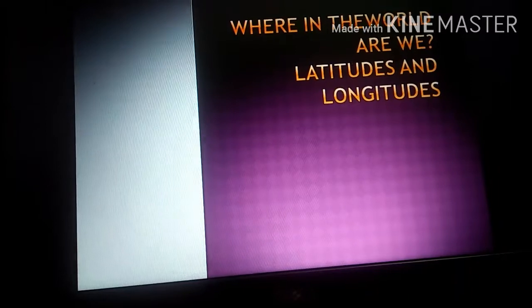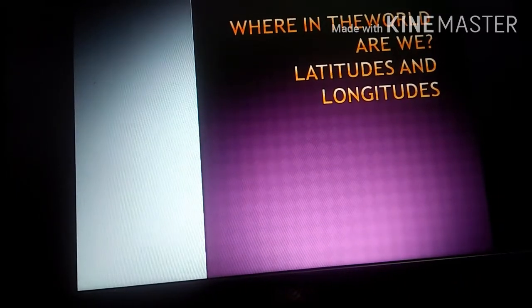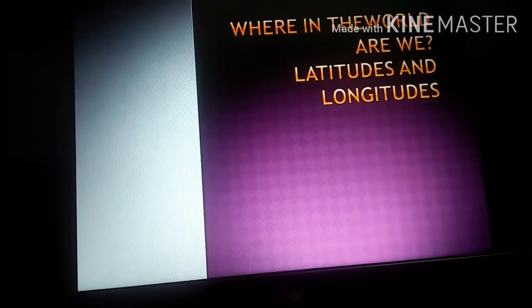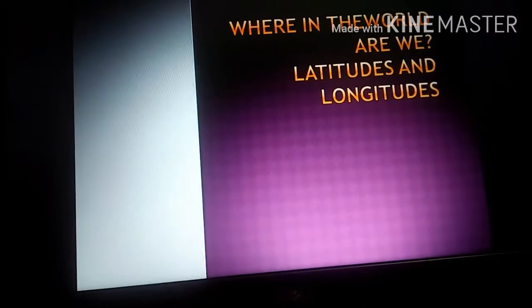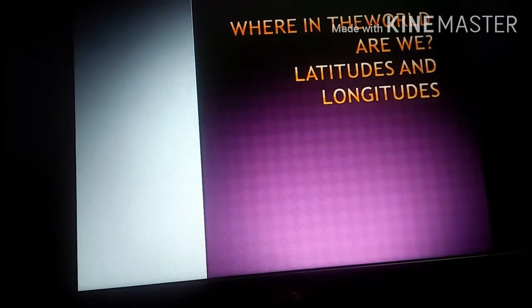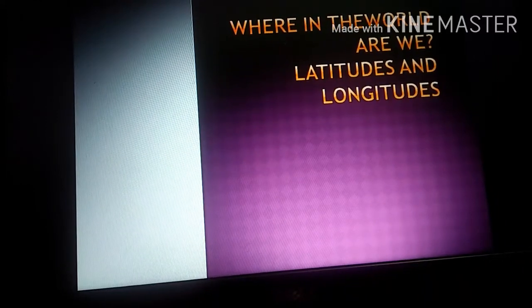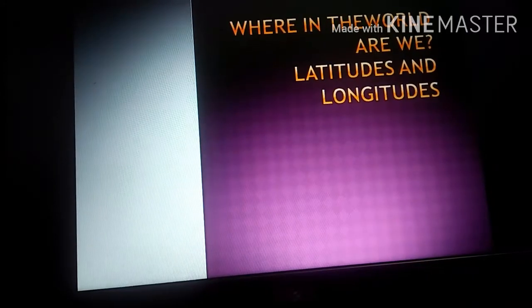You know the place, like you live in India, you live in Saharanpur, but how do you find out in which direction your friend lives? Suppose your friend lives abroad, not in India, then how will you find out whether that place is towards the eastern side of your place or the western side? So in this chapter we are going to explore all these things.